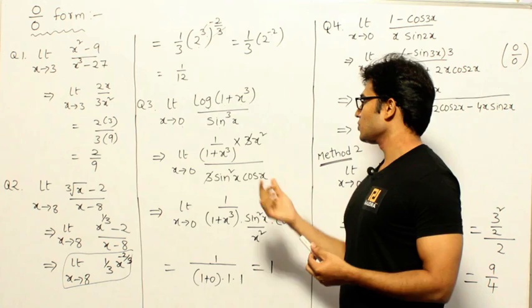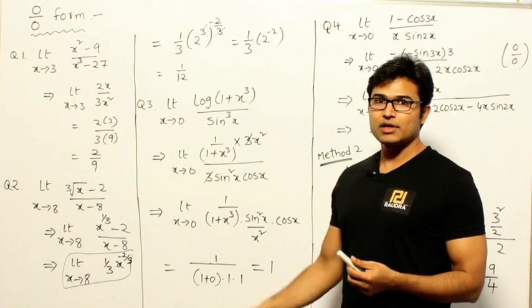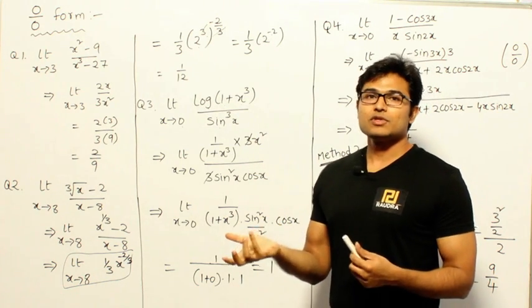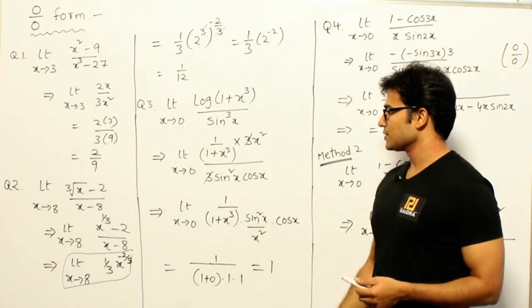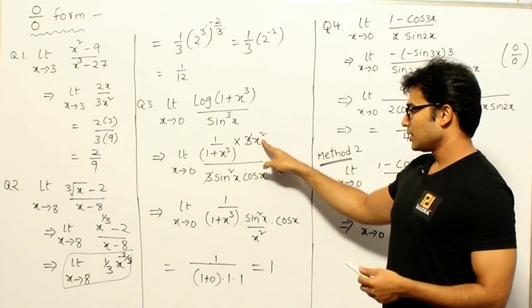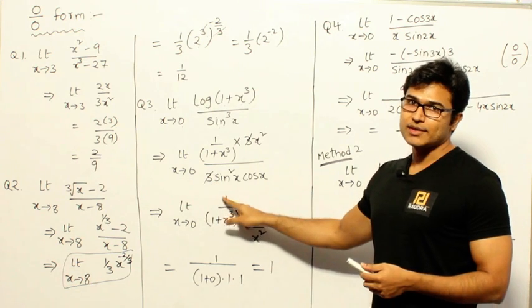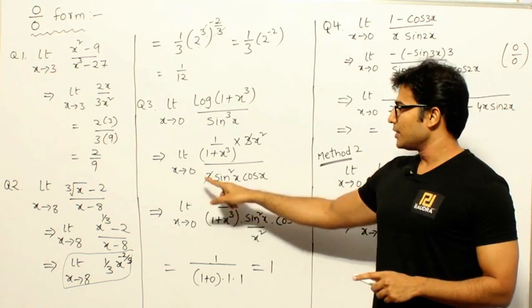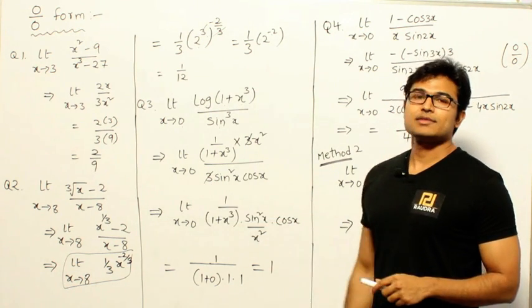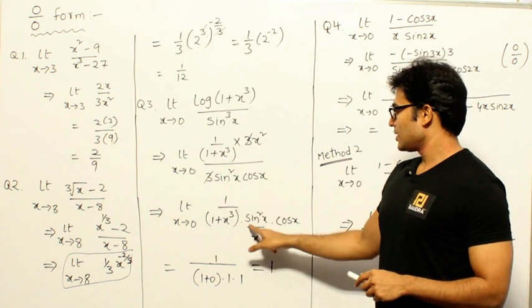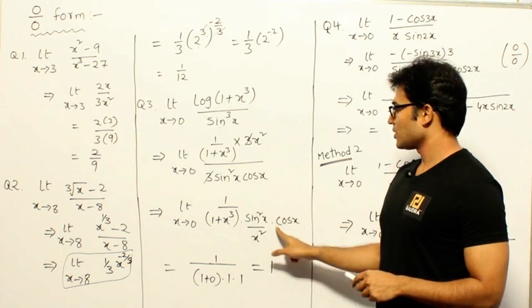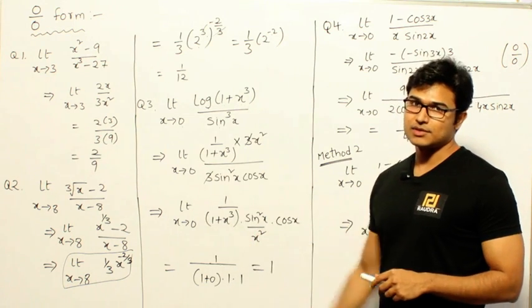So let's try to do some modifications so that if we can get it into a form which we already know, it will be easy for us to apply. So I'm just doing some modifications here. x square, I'm taking it to the denominator and writing below x, because we already know that limit x tends to 0, sin x by x equal to 1. For that reason I am going to take sin x by x square into cos x, and I am just writing everything as it is.